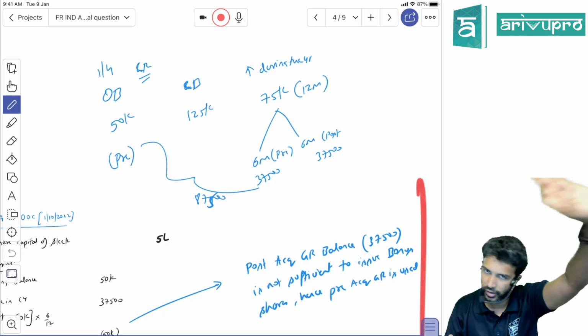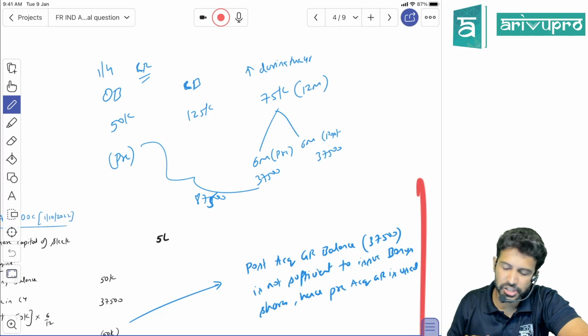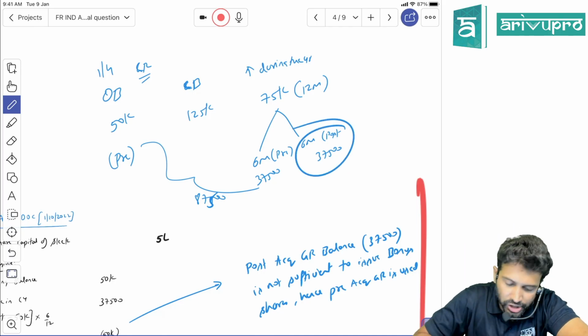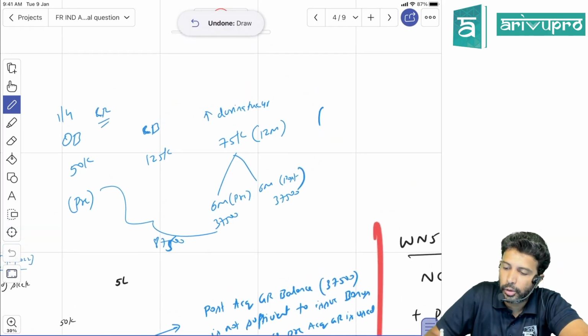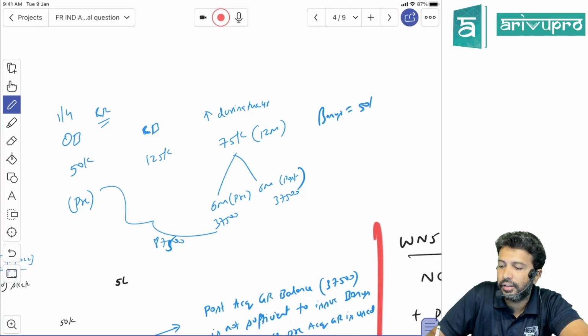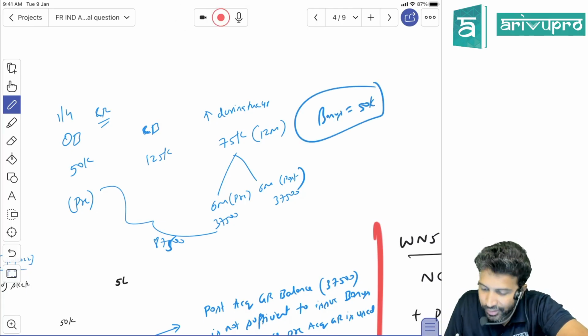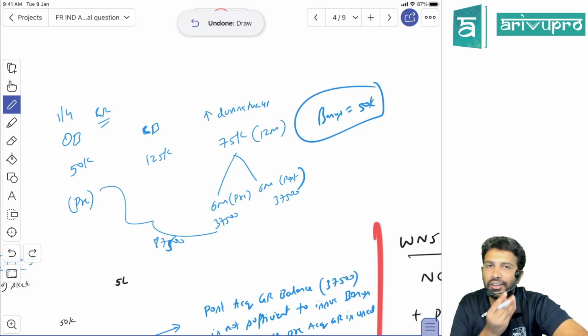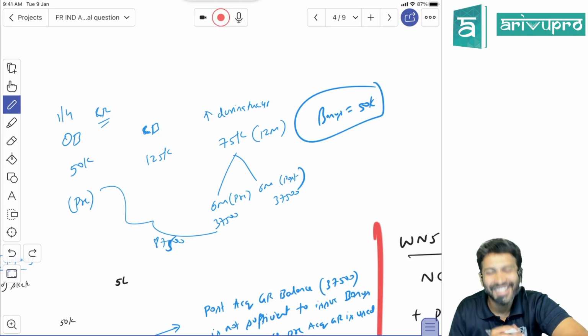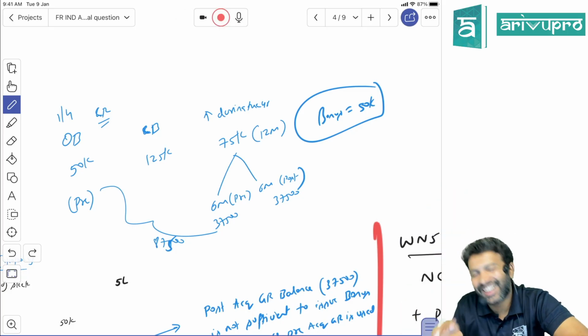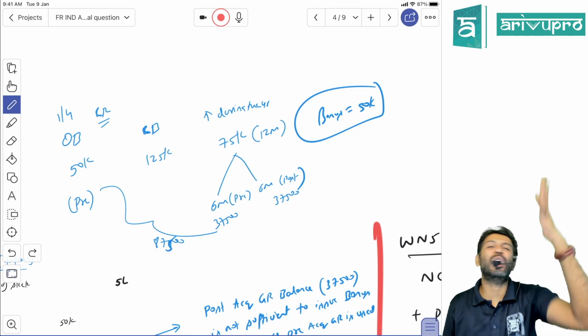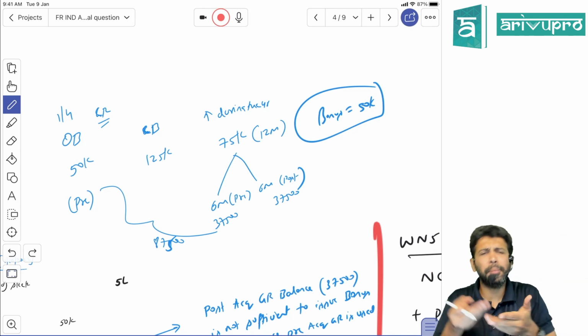But the one small hidden adjustment here is that post-acquisition general reserve is only 37,500. But for the bonus, we just calculated, we need 50,000. Do we have a 50,000 balance in post-acquisition general reserve? No. That means you'll have to assume. So whenever there comes an assumption, there will be a little controversy.